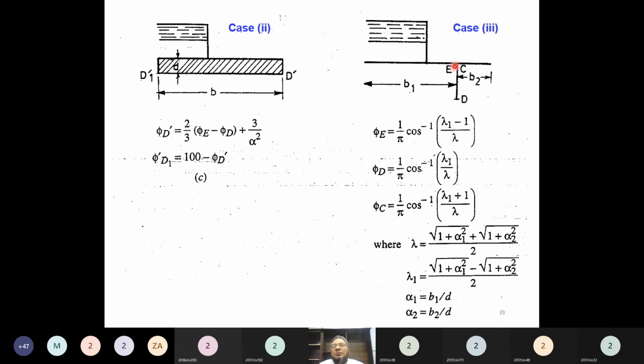Now how to compute pressure at E, D and C? So he has given these 3 equations, phi E, phi D, phi C, and it's a function of, किसका function है भाई, ये जो तीनों प्रेशर है,